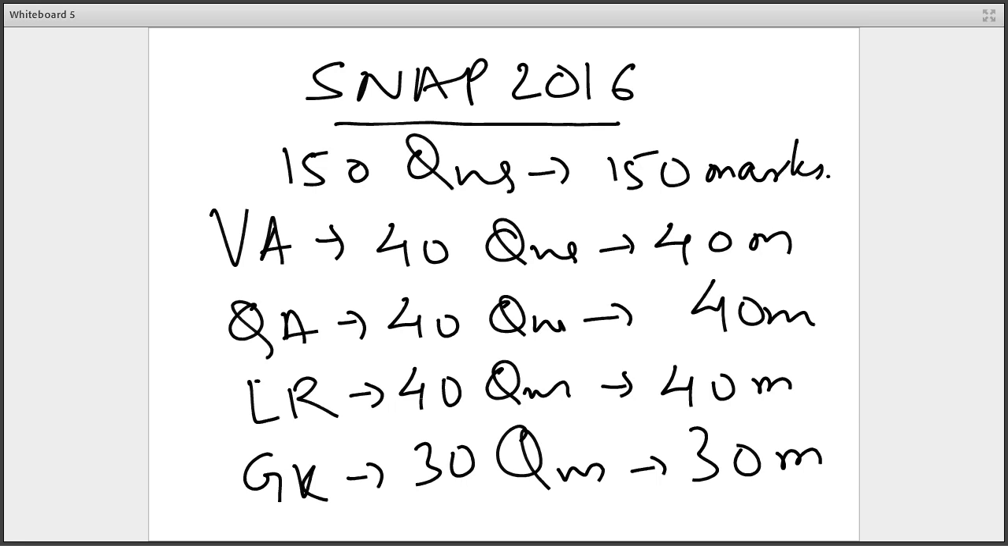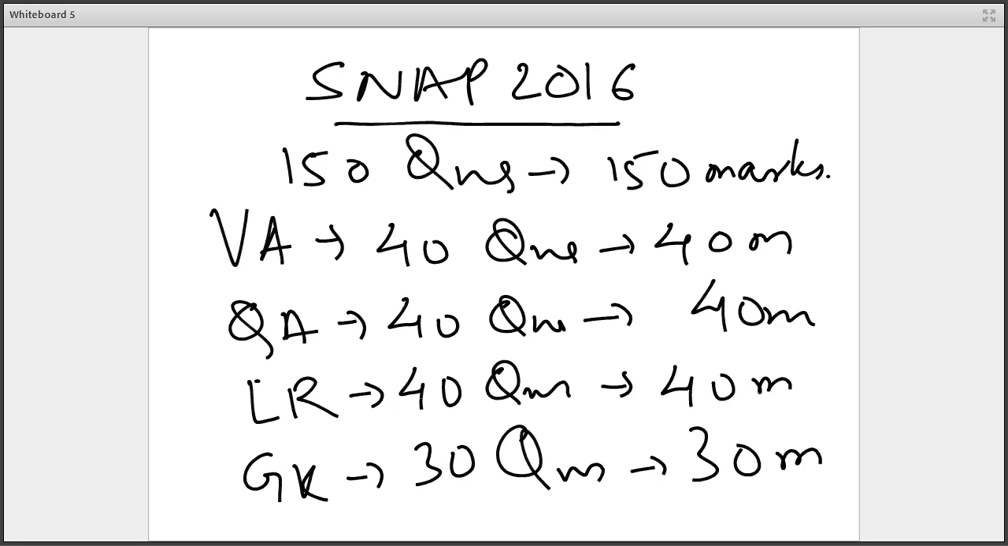Now let us try to move to the Quant part. So Quant, we are going to have 40 questions. Out of these 40, you can expect 4 to 8 to be DI. And remaining is going to be the core Quant part. In Quant, highest weightage is going to be of